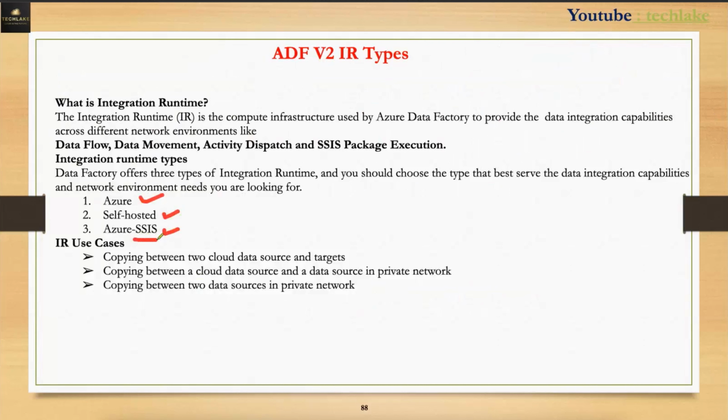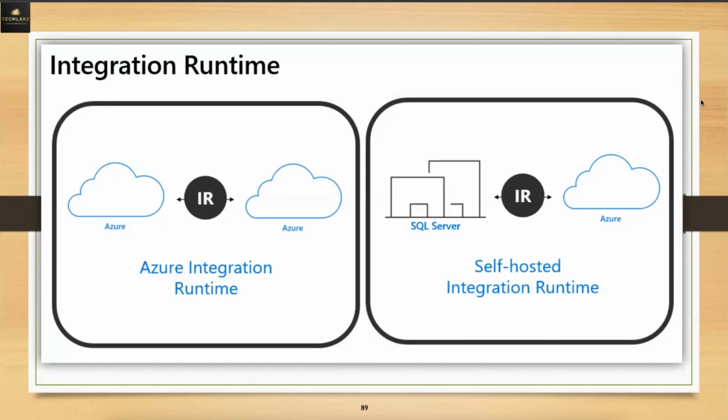So if you want to integrate with Databricks, or integrate with Azure ADF, you use an integration runtime. If you are migrating data cloud to cloud, Azure integration runtime; on-premises or private network, self-hosted integration runtime. So primarily there are two types,